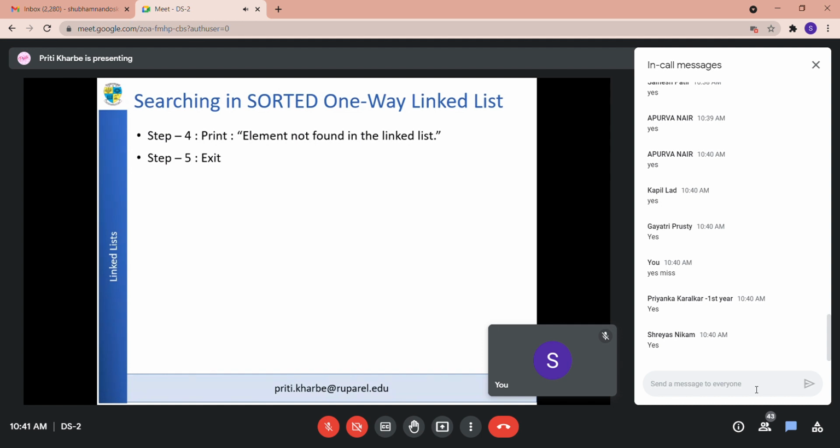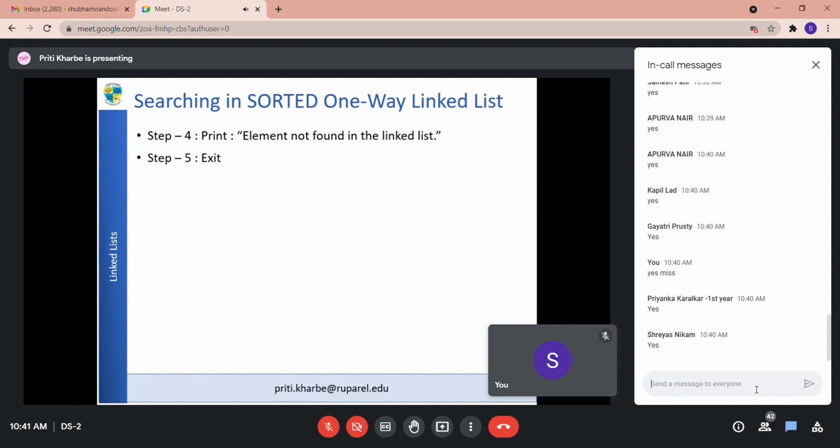Okay. So now moving to the next topic, that is memory allocation and deallocation. Next operations are insertion and deletion. But before that, we will see what I mean by memory allocation and deallocation. Now, if I want to insert a new element in the linked list, you know how elements are stored: there is a node structure. A node is a structure with two parts, the information part and the next part. The info part contains the element and the next part contains the address of the next element.